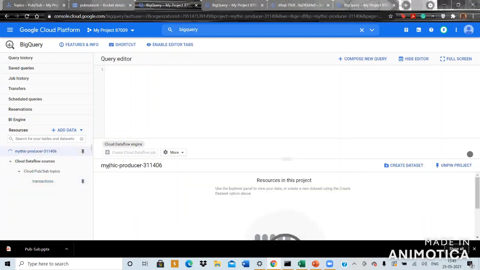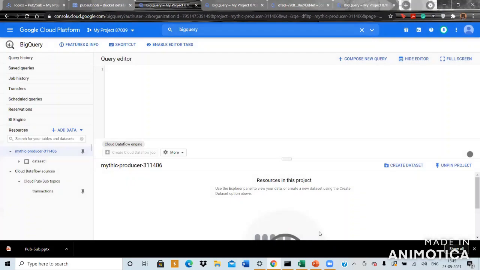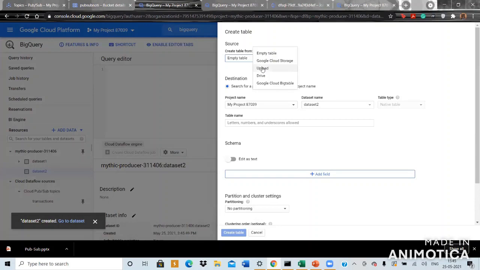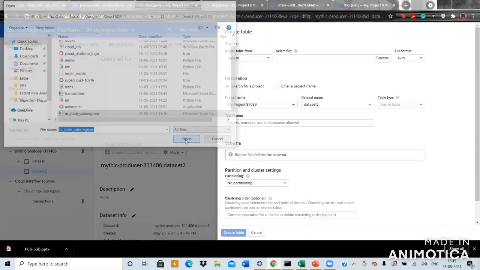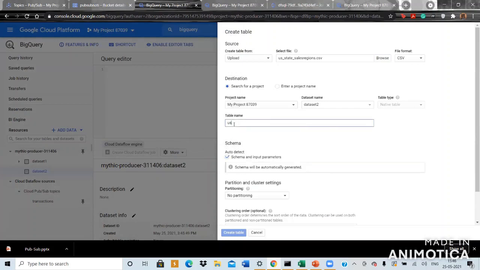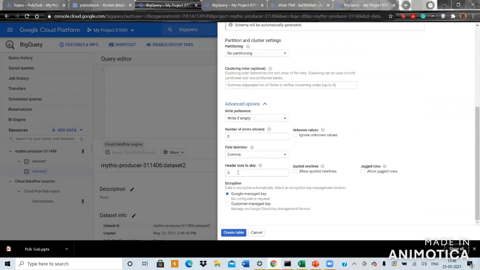Now we're just going to upload the first data set we saw. We're just going to create a data set here. I'm going to upload the sales regions file in this. The sales regions file is the one that has the data of the regions in it. That is historical data and that never changes. So since my first row is a header, I'm going to create this table.